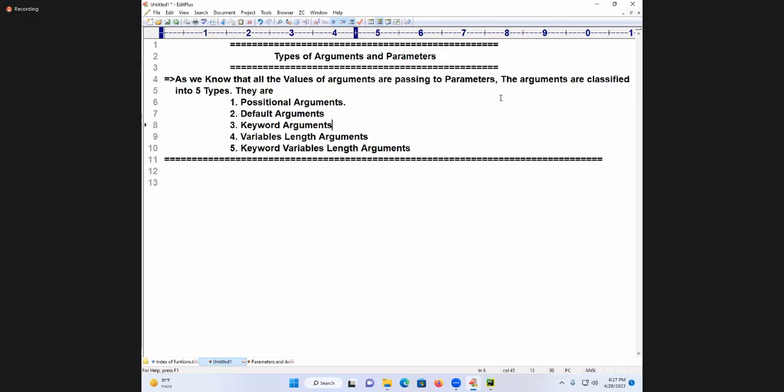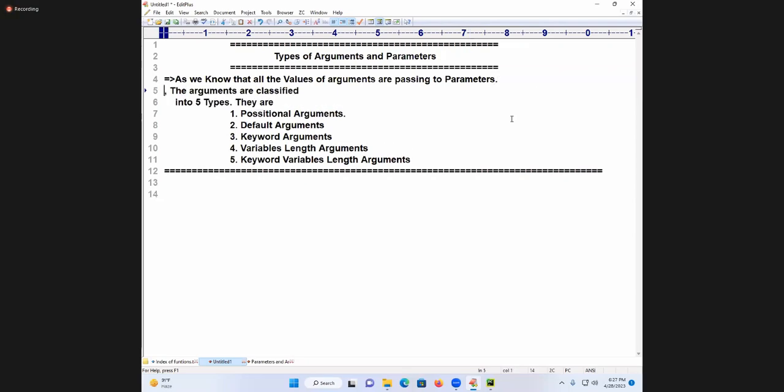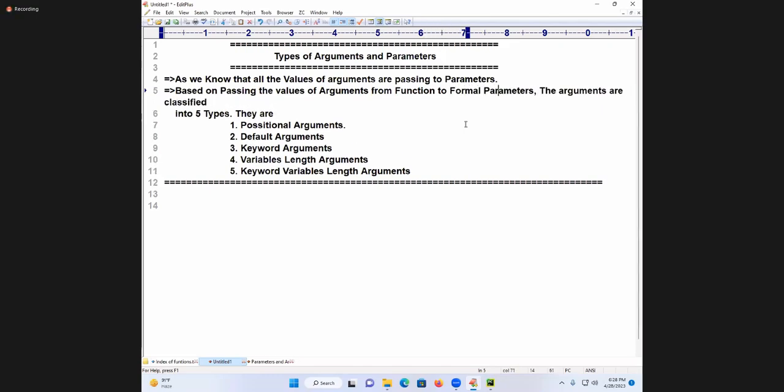Based on this parameter mechanism, I will write it on a separate line: based on passing the values of arguments from function call to the formal parameters of the function definition.